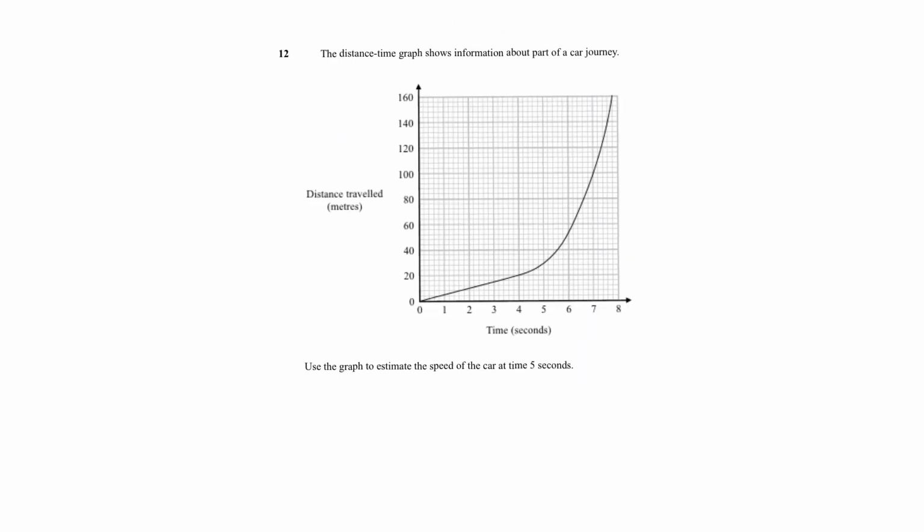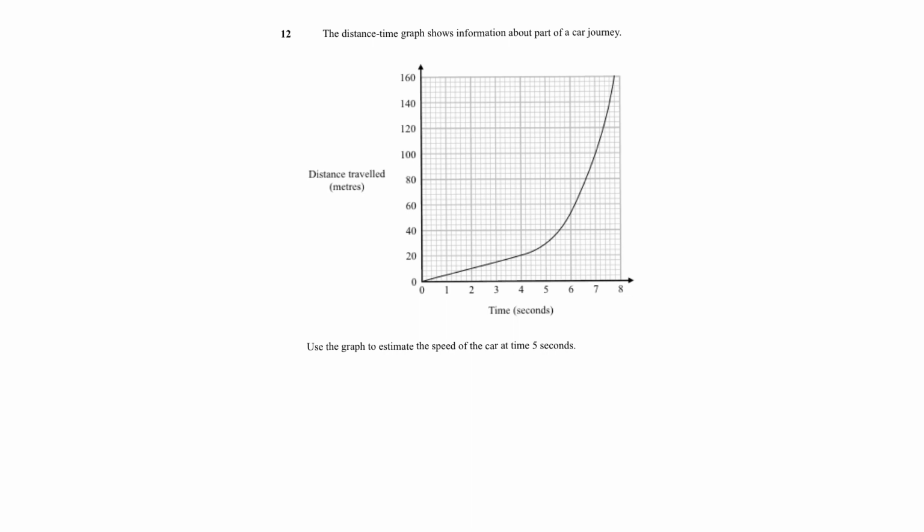Okay. And then having a look at question 12, it says that this is a distance time graph and it wants us to use the graph to estimate the speed of the car at the time 5 seconds. So we know that speed equals distance divided by time. So speed will be our gradient. So at 5 seconds, if we go across,